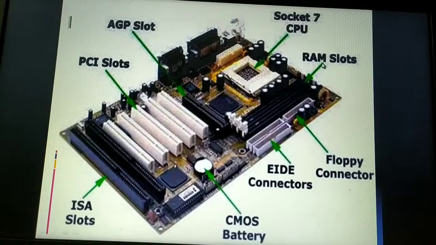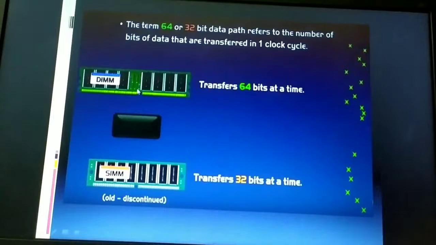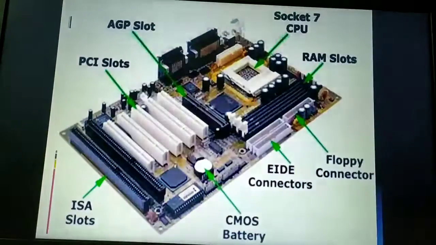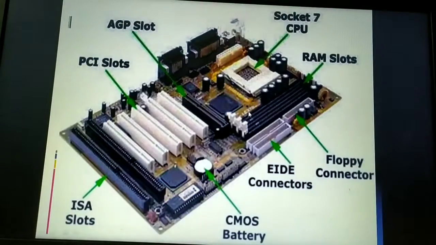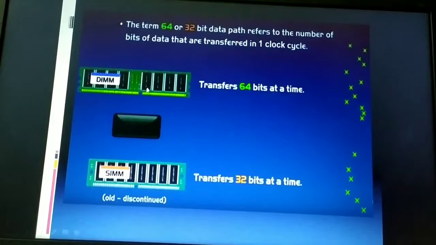So RAM slots are usually of two types, that is the single inline memory module, that is SIMM, and the dual inline memory module slot. I'll show here one of these slides. Yes, actually this is what is the RAM slot. The RAM modules will be inserted here, and certain modules are being placed on the RAM slot. This is the dual inline memory module. And again we have one more type of RAM slot. Again this is a RAM slot, and here the modules being placed are single inline memory modules.